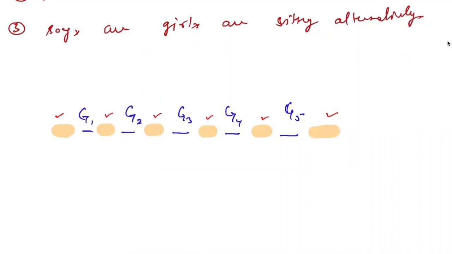So how many places are there? 1, 2, 3, 4, 5, 6. 6P5 is the total number of selection as well as arrangement for the boys, and girls can arrange themselves by factorial 5 ways. So 6P5 into factorial 5